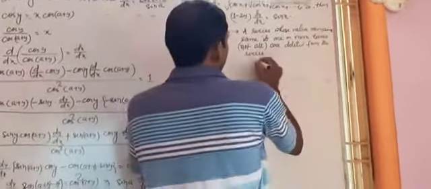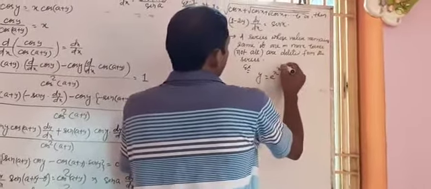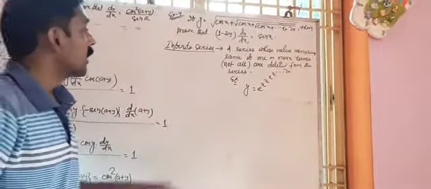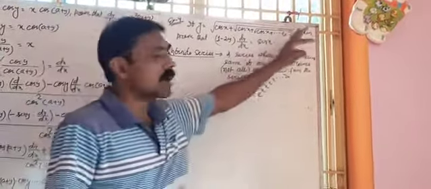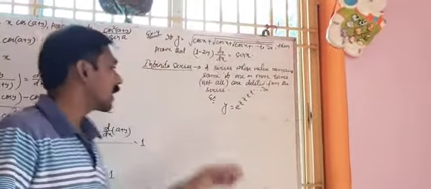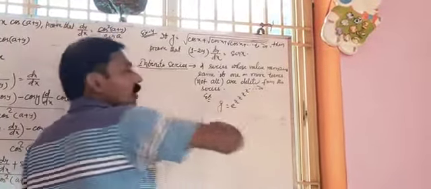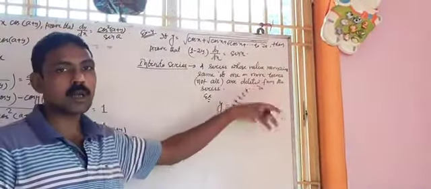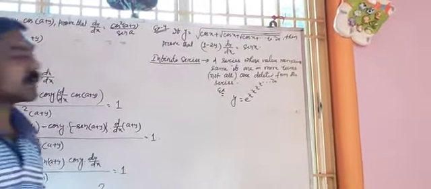For example, if you write y equal to e to the power x to the power x to the power x to the power x up to infinity, infinite number of x are there. So suppose I remove, don't remove from below, always remove from the outer side. If you remove this x, then again infinite number of x are there. So the value is the same. Even if you remove 50 x powers from the last, you will still get infinite, because there is no end and the value is the same. So this type of series is known as an infinite series.